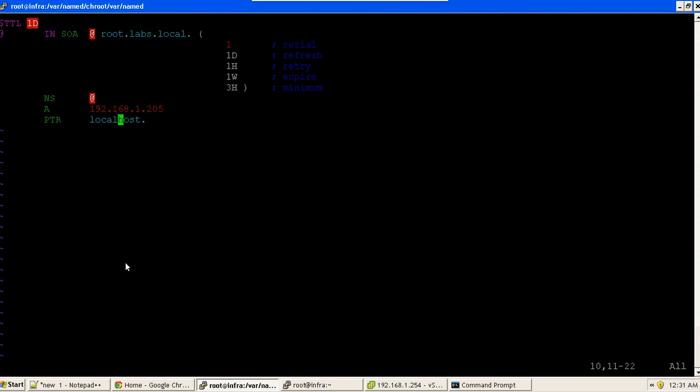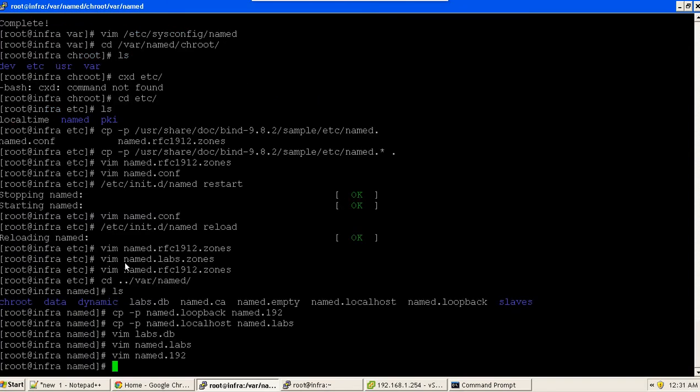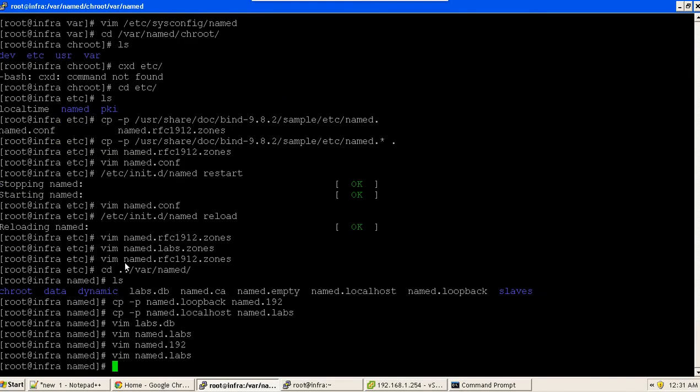We don't have any entry for IPv6. PTR, okay, the PTR record corresponding to it goes to. Please make a note of the dot at the end, otherwise it will be in addr.arpa. Here we have to specify only the last part of it, the last octet, which is 205. Okay, we have modified both the zones and created an entry in named. Let me show you, var named chroot